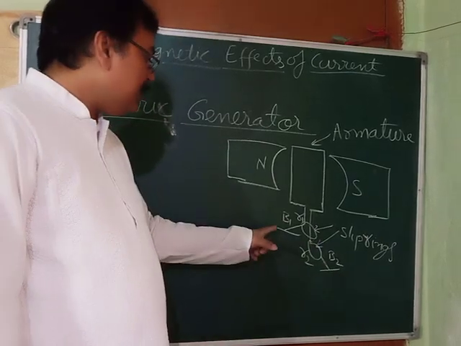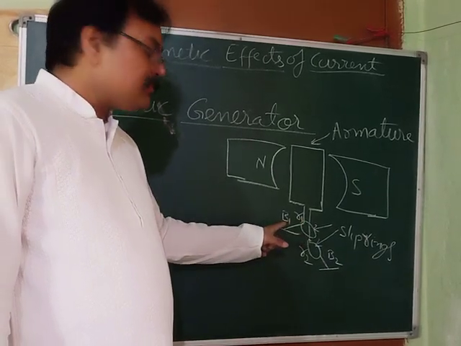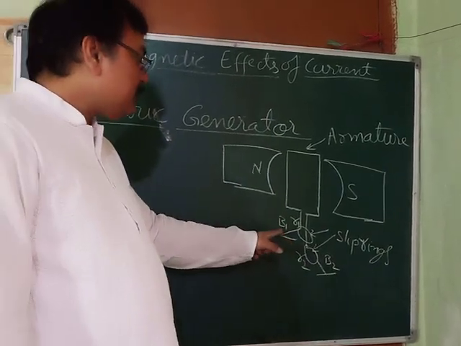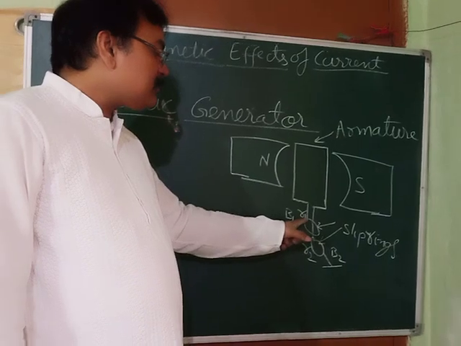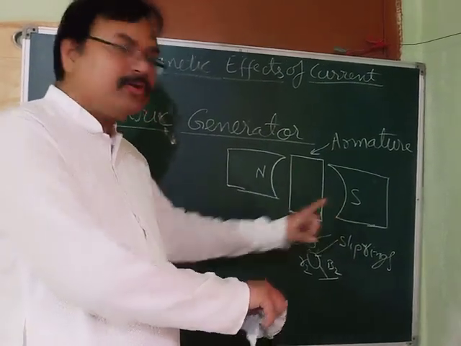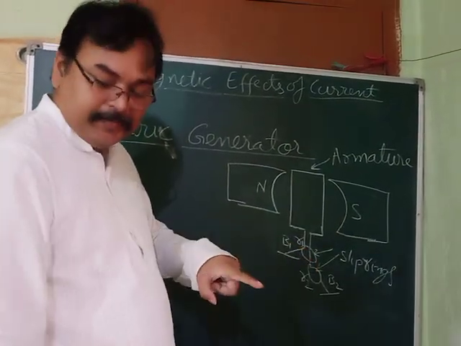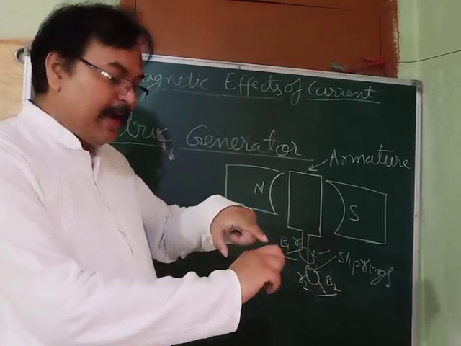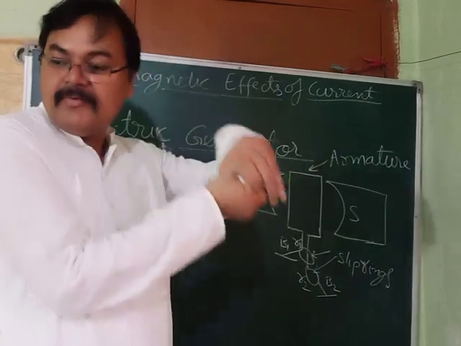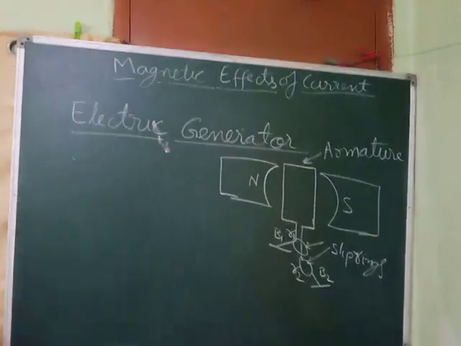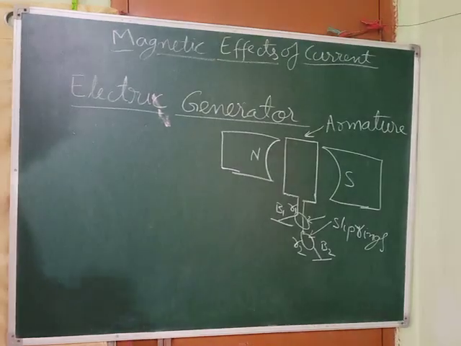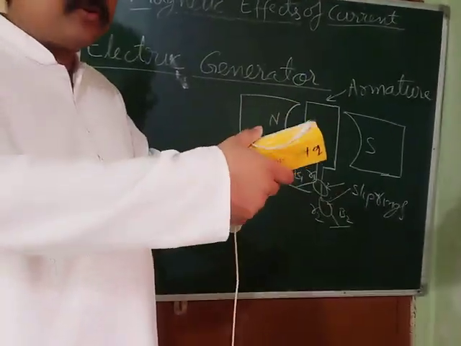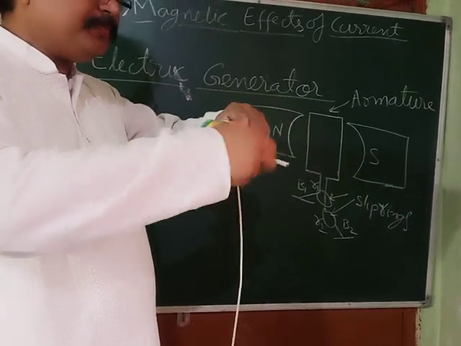Now see, this is the brush B1. A brush is a piece of metal or graphite piece, which is fixed here, and it is just touching this, because this coil is going to move. So it is just touching like this. If you bind this, then it will rotate and what will it do? Let me tell you. Suppose you are going to connect it, then what will happen? This is the wire you are going to connect. So when it rotates, what will it do?